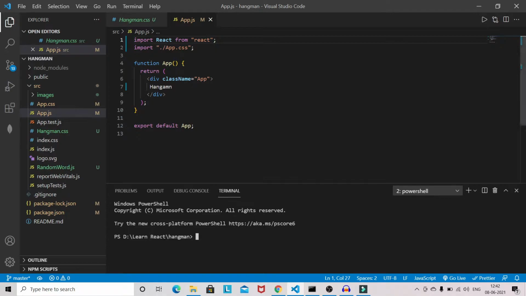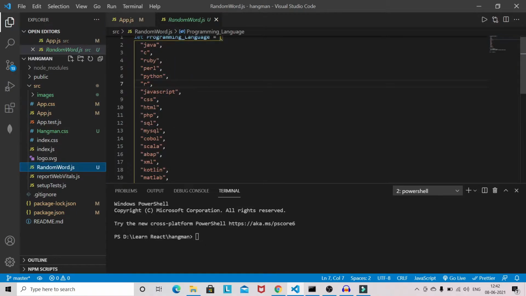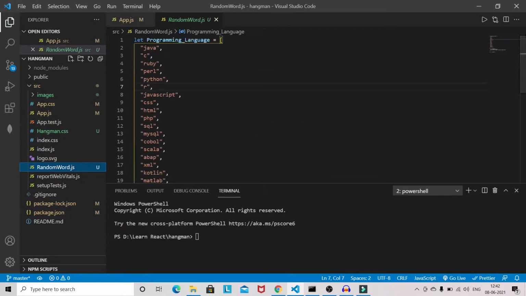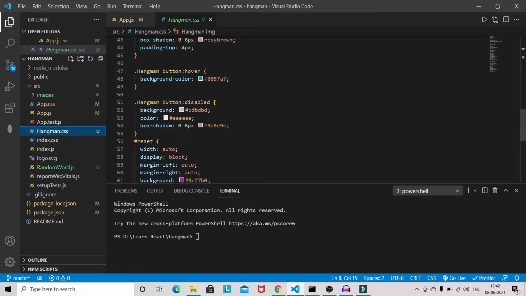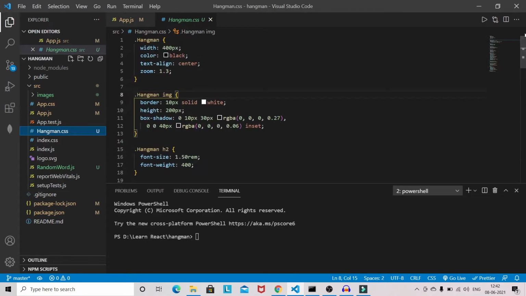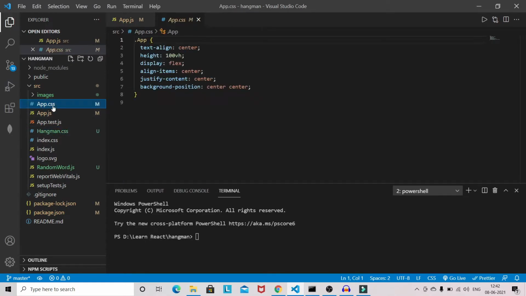Once it's done, I already have some files here. The random word file basically contains some random programming languages. I will provide the random word file, the CSS file, the App.css file, and the images. You can check the link in the description.